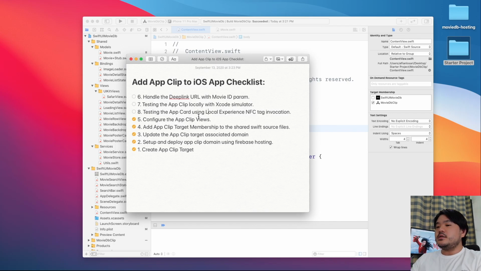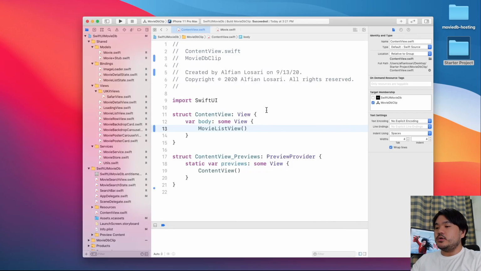Okay, let's move on to the next task. The next task is to handle the deep link URL with the movie ID param. So basically we need to create a handler, so whenever the invocation passes with a movie ID as the URL query parameter, we can parse it and present a movie detail screen for the movie. So let's go back to Xcode, and then